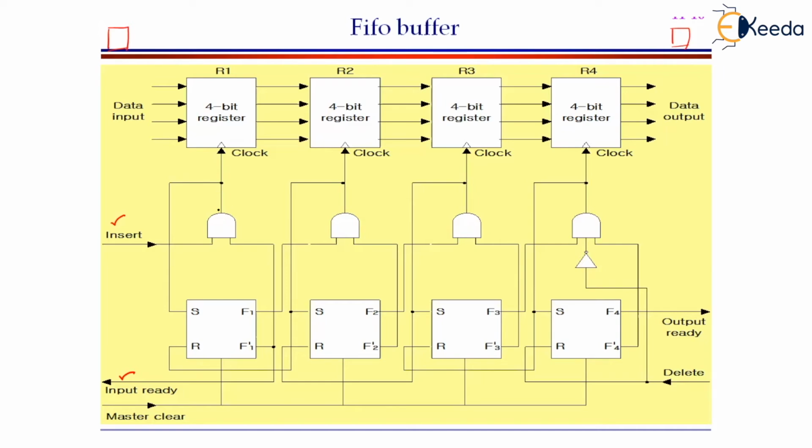The moment the output of the AND gate is enabled, you can see that this AND gate output is connected to the S input of the flip-flop. Then S will be equal to 1. The moment S is equal to 1, the value of the flip-flop will be equal to 1. You know the function of the SR flip-flop. When the SR flip-flop value is equal to 1, that means the flip-flop is in a set state. When S is equal to 1, the flip-flop is going to hold 1. When S is equal to 0, the flip-flop is going to hold a 0.